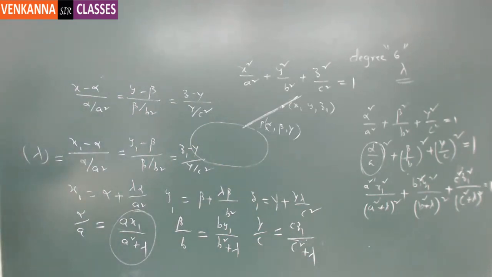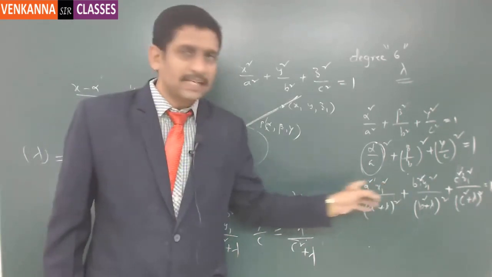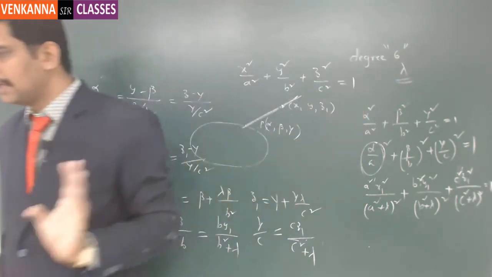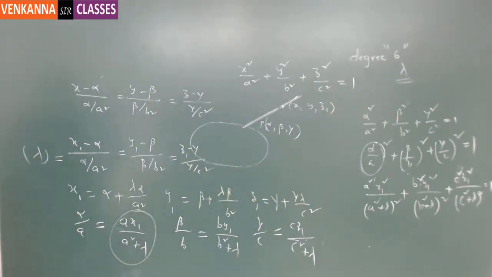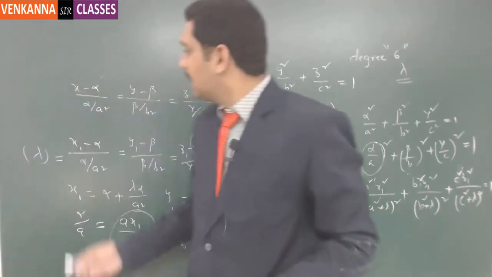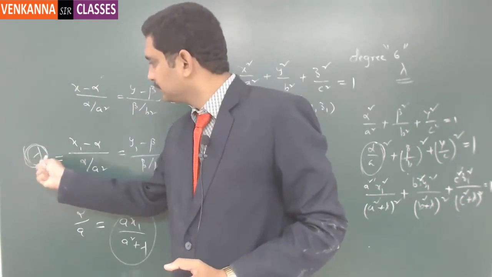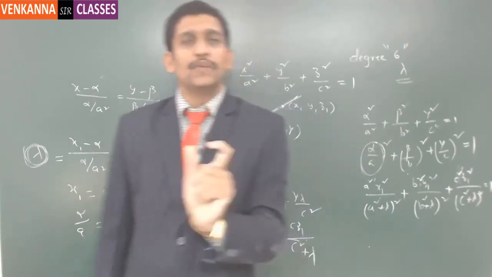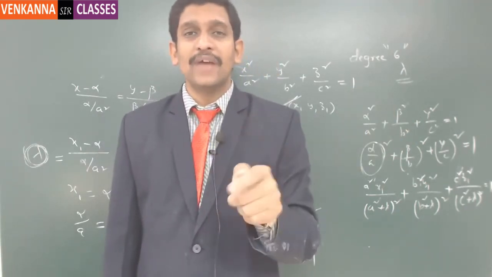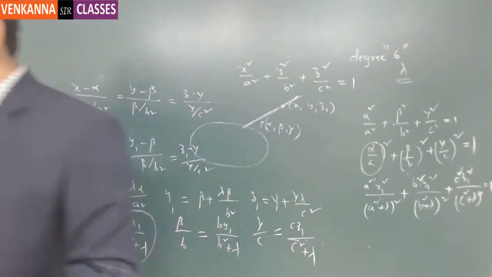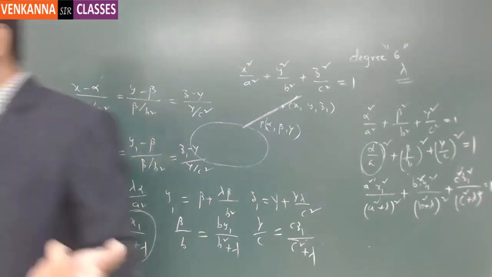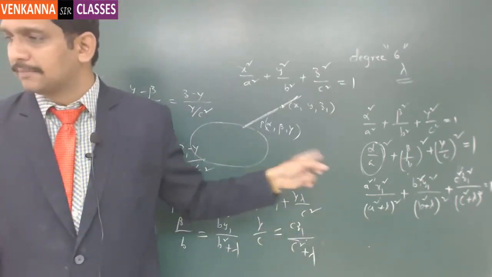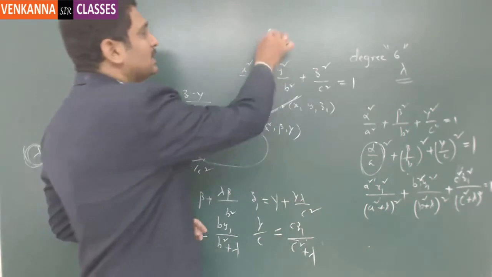Now my intention here is, if you take LCM, it is an expression having degree 6 in lambda. Agreed? So what happens here, lambda is a parameter. Since it is a 6th degree equation in lambda, if you calculate the roots, you will get 6 values for lambda. Accepted? So by substituting different values of lambda there, you will get different points. So you will get exactly 6 points